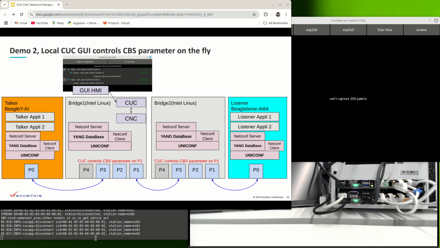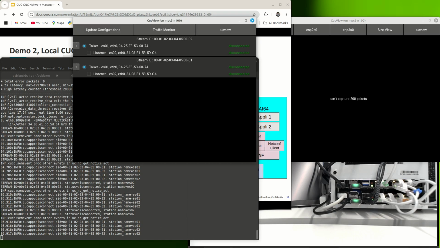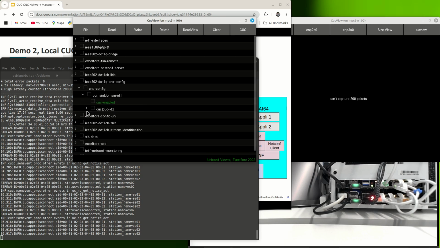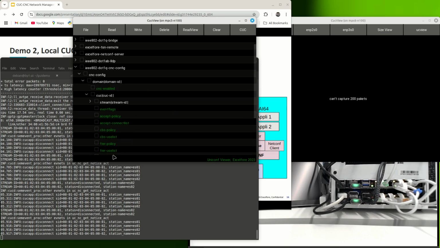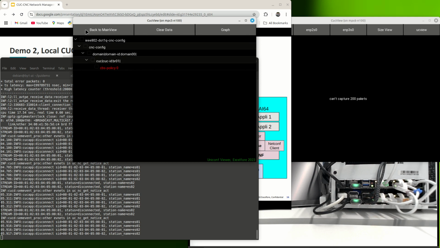So in the next demo, I show you the credit-based shaper, and the credit-based shaper parameter is controlled on CUC. So I continue from the previous status, and at first I go to this database access and enable the credit-based shaper. So here,